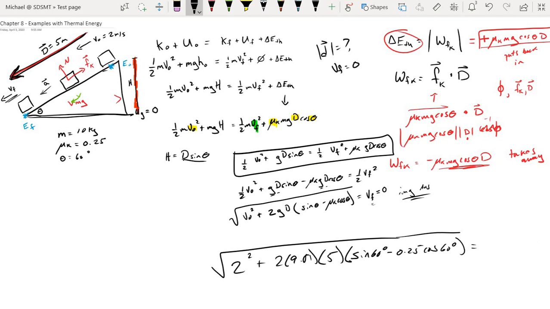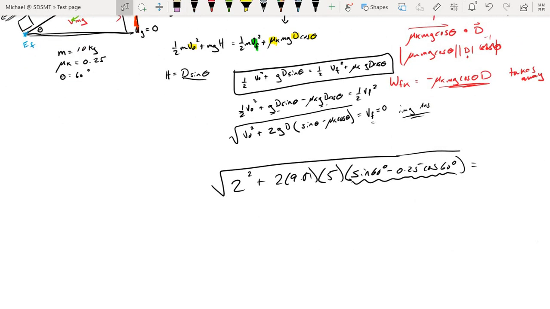And all of that should equal the final velocity when we get to the bottom of the incline. Get my calculator app open. Okay, so I have just calculated this portion, which came out to equal a positive 0.741,